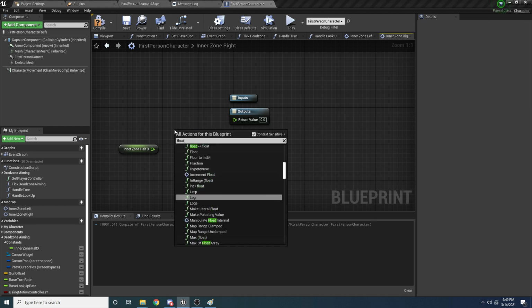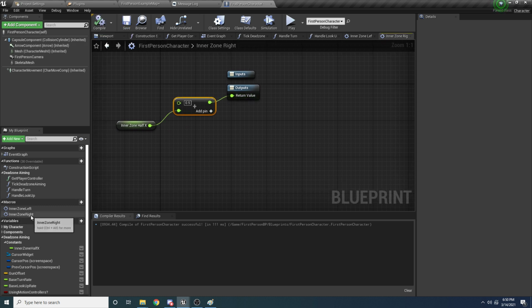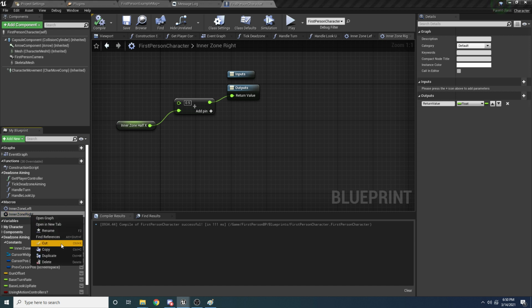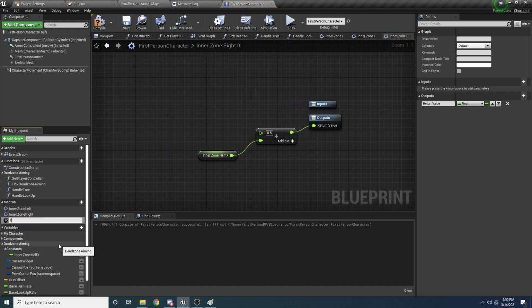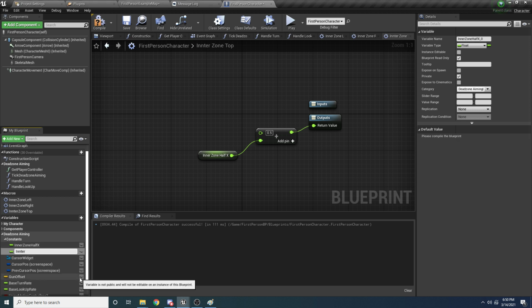So we're going to say float plus, and then make sure on the top you have 0.5, and then on the bottom you have your half width. And then we want to do the same thing for y, or up and down basically. So I'm just going to duplicate this again, and we'll call this inner zone top. And again, that inner zone is just that purple zone from this drawing here. So the inner zone top is going to be half y, so we need to make a variable for half y. So we'll right click, say duplicate, inner zone half y, and compile,